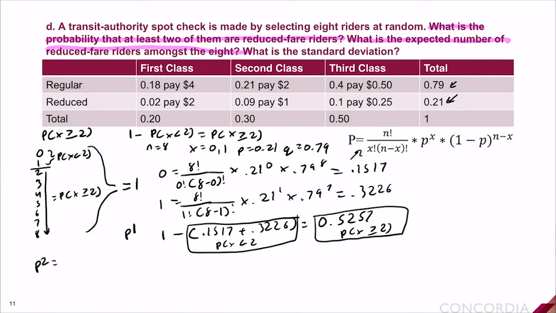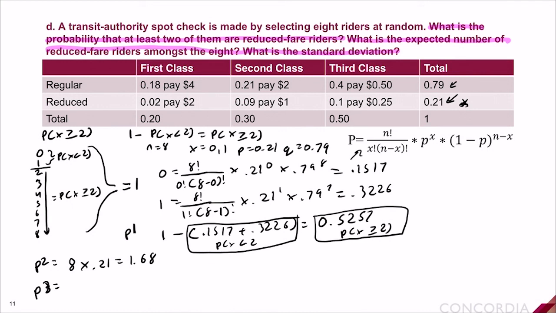All we have to do to find P2 is take our 8 riders and multiply it by the probability that any rider will be reduced fare, which is right here. It is 0.21, to give us an answer of 1.68, which means out of 8 riders, we would expect 1.68 riders to be reduced fare. And now we will move on to the last part of this question, P3,